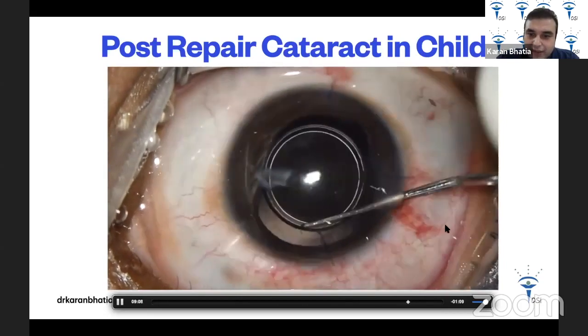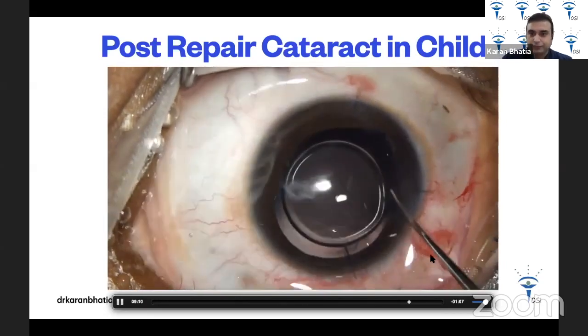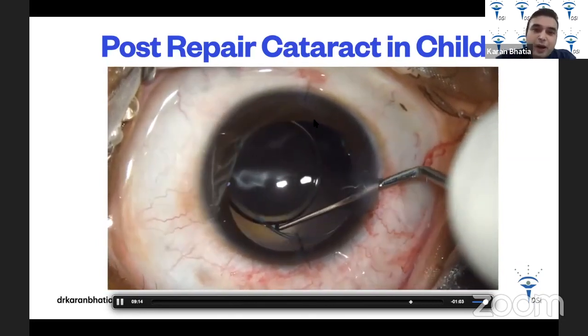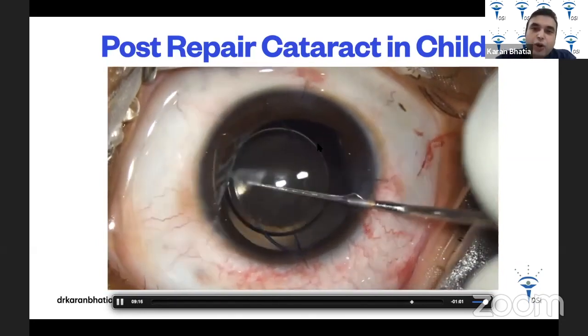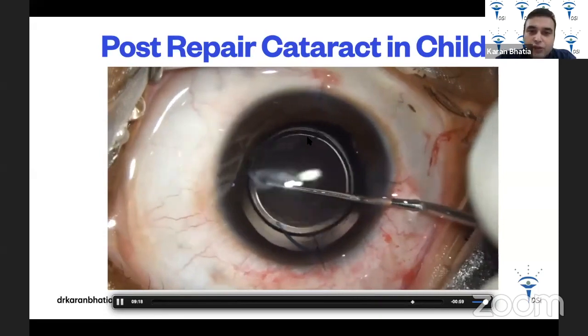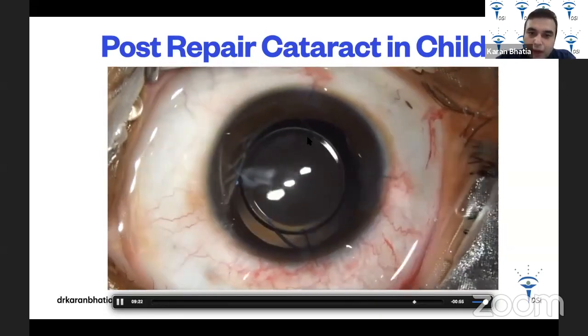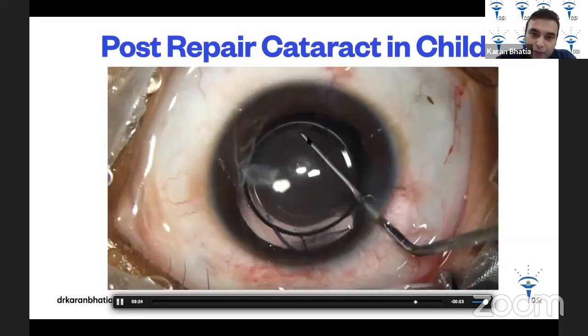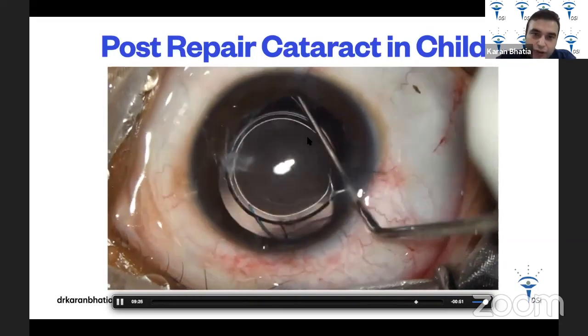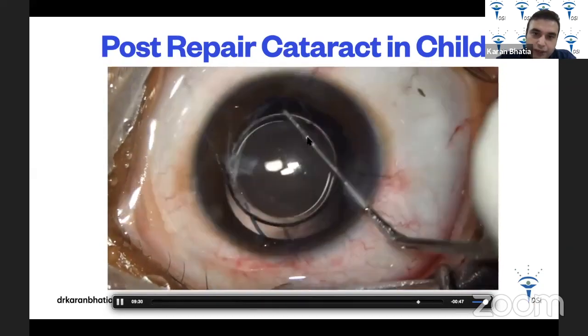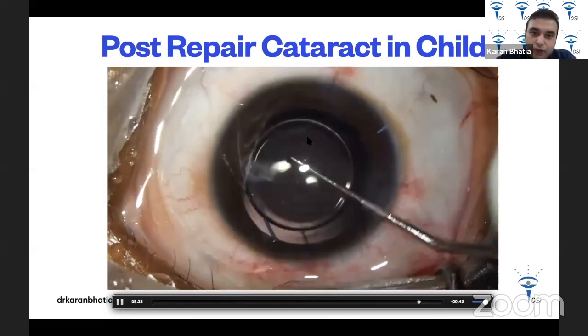Once I have done this, it doesn't stop here because the anterior capsule is deficient in this part. So this is going to come again and again, and this is going to create a problem. So what I'm thinking I should do next is, I'm going with my dialer and I'm checking everything now, inspecting the anterior capsule. How is the rim?